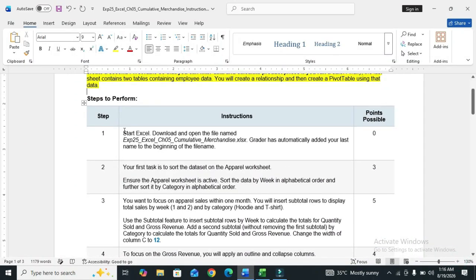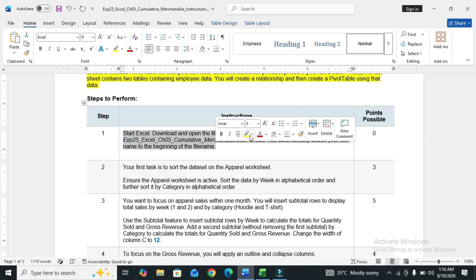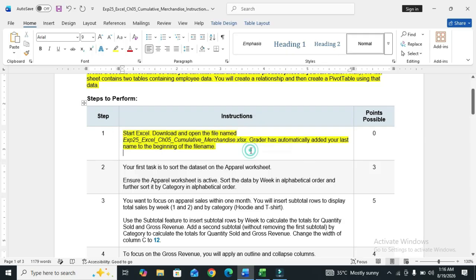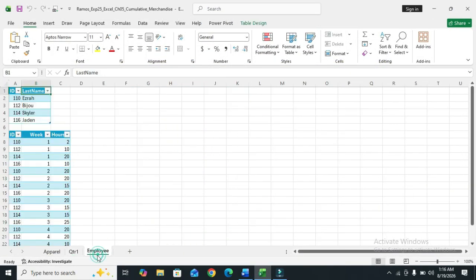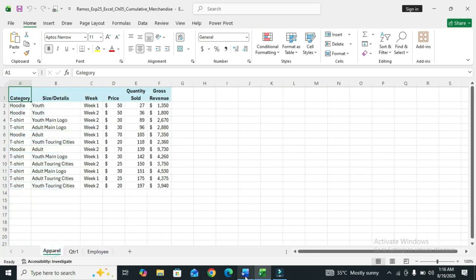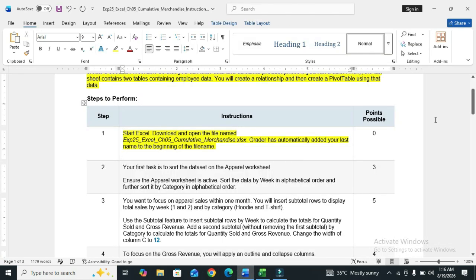Step number 1 is start Excel, download and open the file named EXP25 Chapter 5 Cumulative Merchandise. Grader has automatically added your last name to the beginning of the file name. So go to the file. I have already downloaded this file, so step number 1 is done.